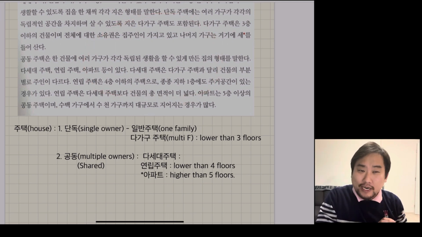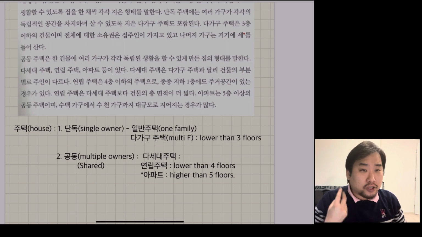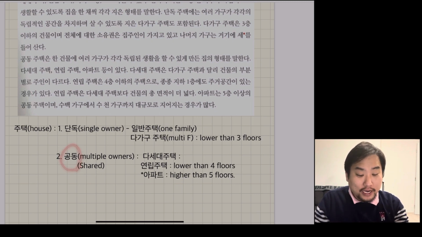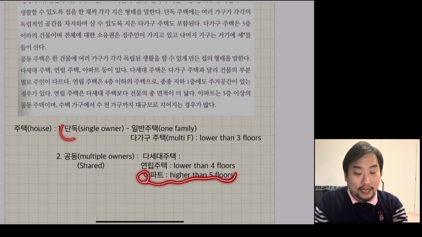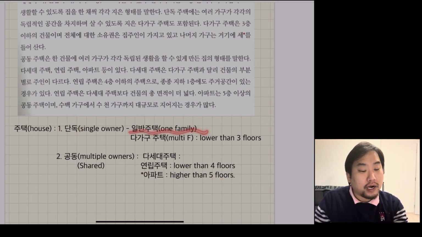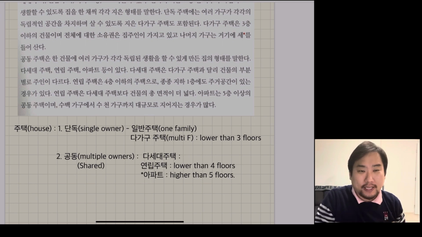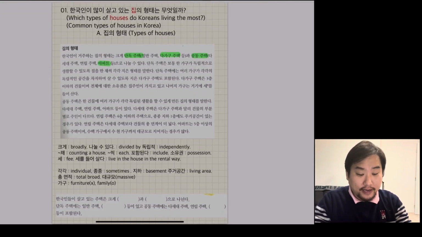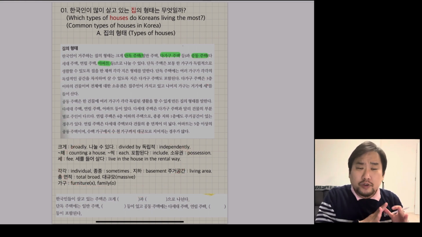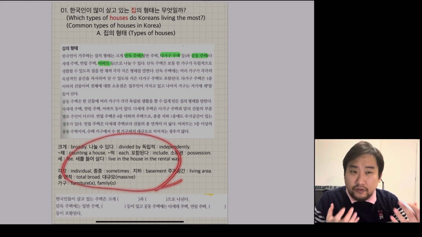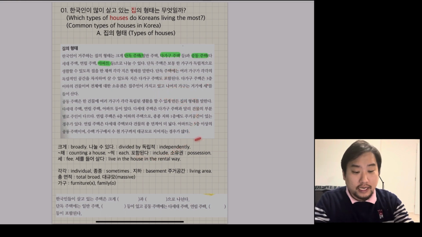So before we jump into paragraph, there are 2 types of houses you need to distinguish. 단독주택 and 공동주택. And 공동주택 is a representative of apartment and 단독주택 is 일반주택 or 다가구주택. So this concept you need to memorize at some point. So let's deal with the paragraph, and here I already translated some vocabulary, so maybe based on your knowledge or your preference, you'd better check this vocabulary first, or let's handle it together step by step.